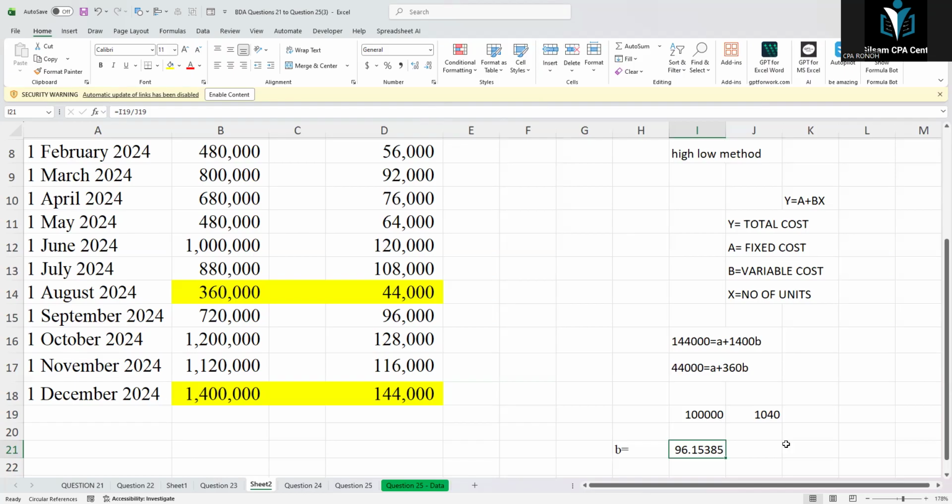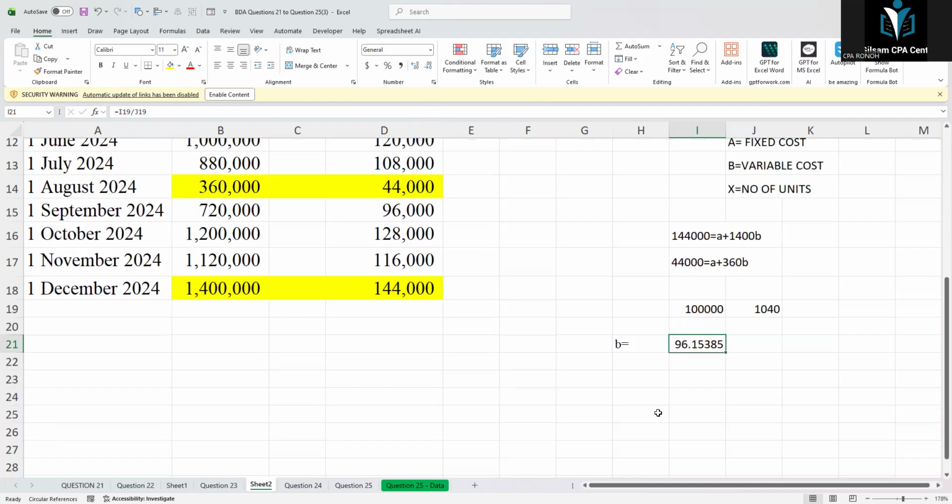96.15. Now, can we substitute to get the value of a, the fixed cost? Yes. So you can substitute in any of these equations. Let's use the first one. So it will be